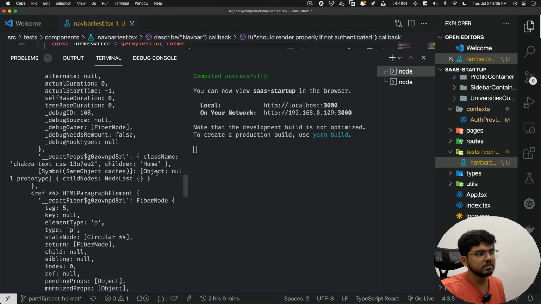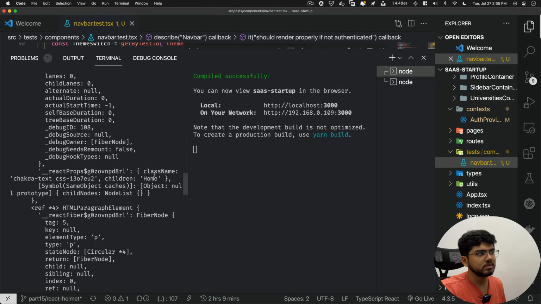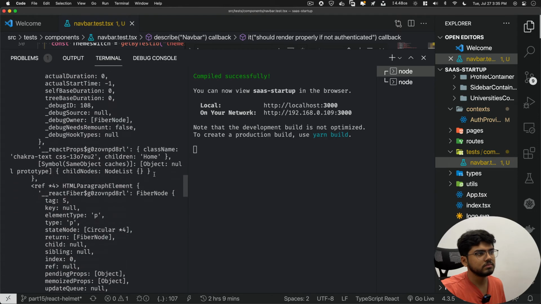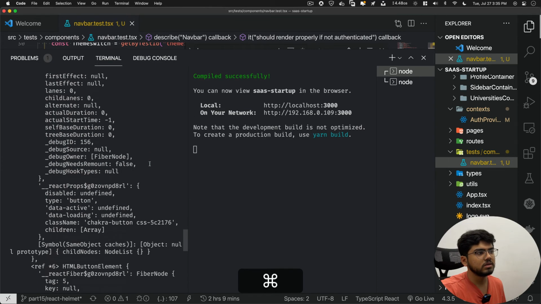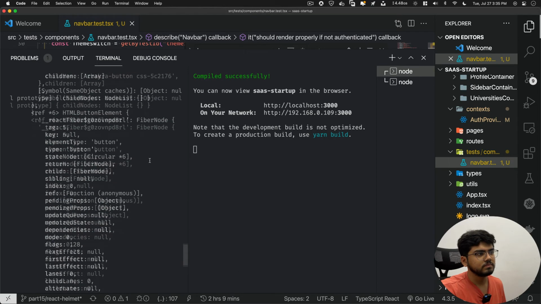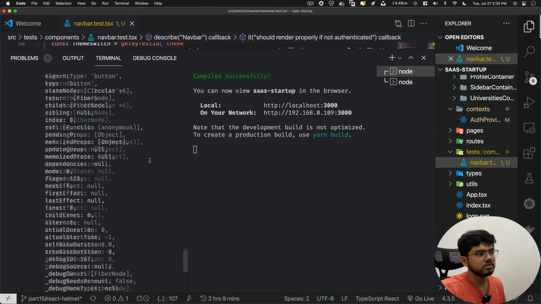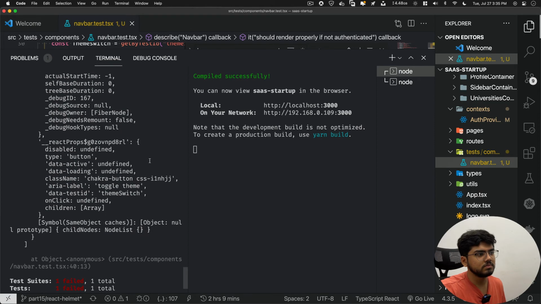Then we must be having home. Let's see whether it's home or not. Home. Then we have sign in or login and sign up. There it is. Sign up, sign up.